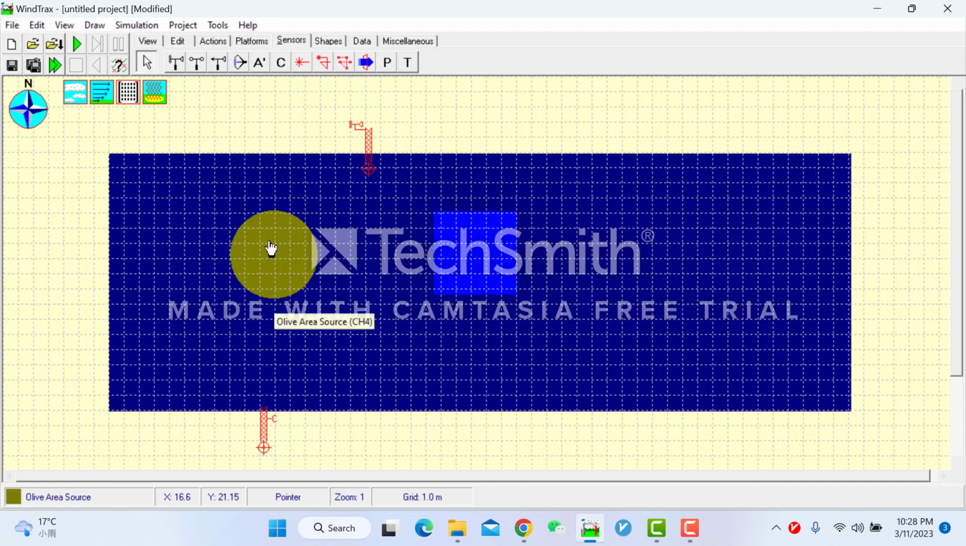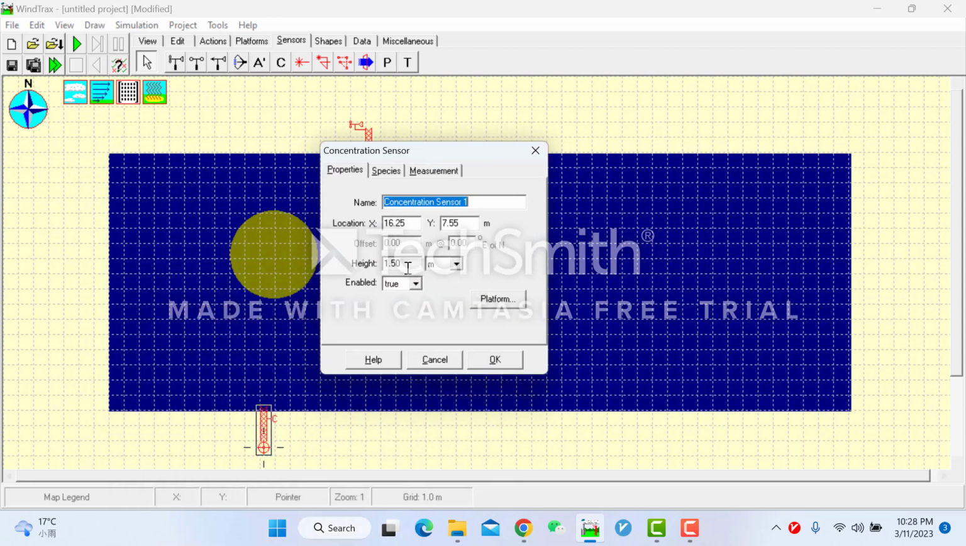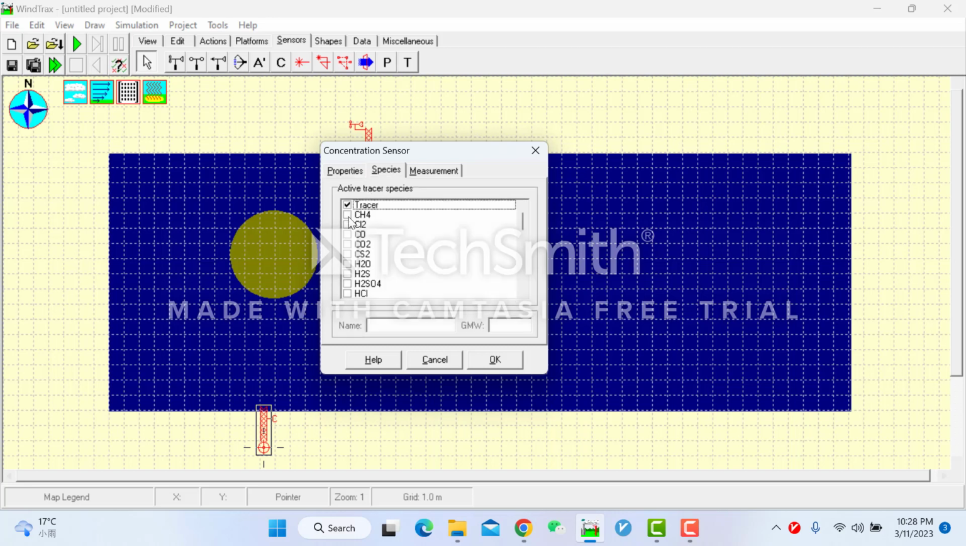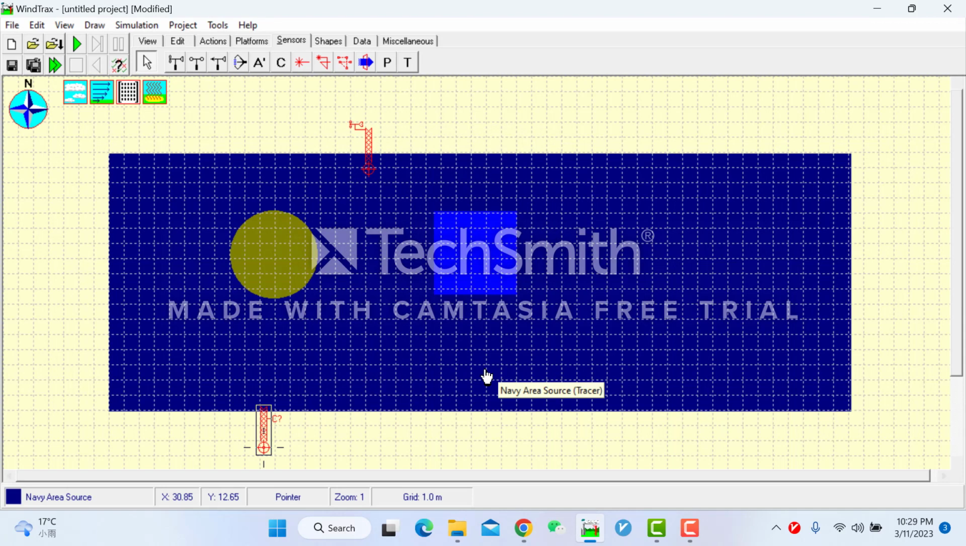One is here, so you have to set the height, must be 1 for area sources, and again you have to choose the same gases between the sources and the sensor. Those measurements are obviously unknown because we measure this one, and you can measure here in ppm, ppb and others. Okay,